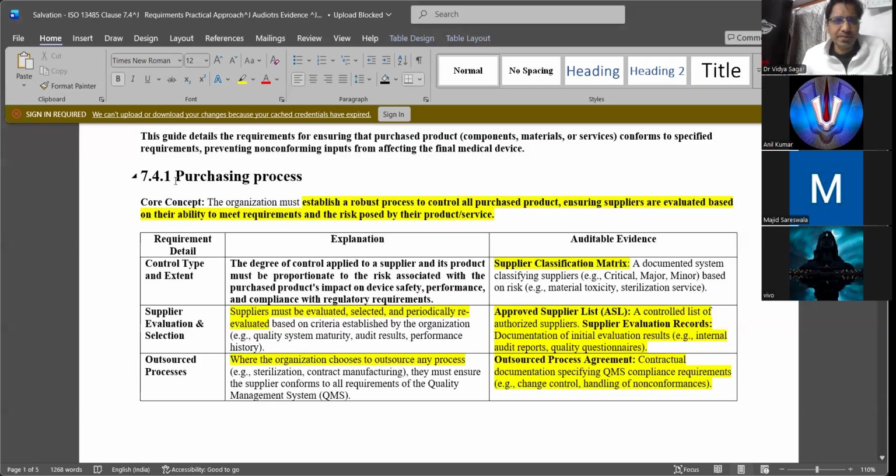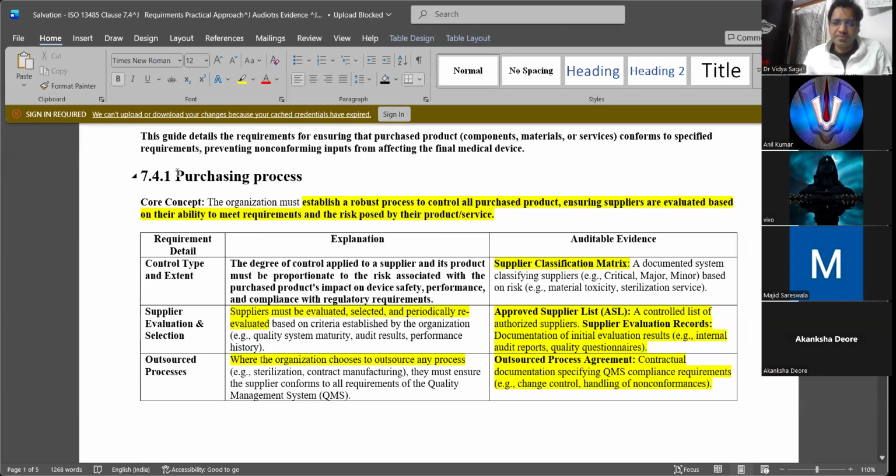So if you look at the purchasing process, you should not think this looks like simple purchasing, like how you purchase in shopping malls or on Amazon. No, it's not that process. Though on Amazon you get customer ratings, and based on the customer ratings you can buy anything that you want.